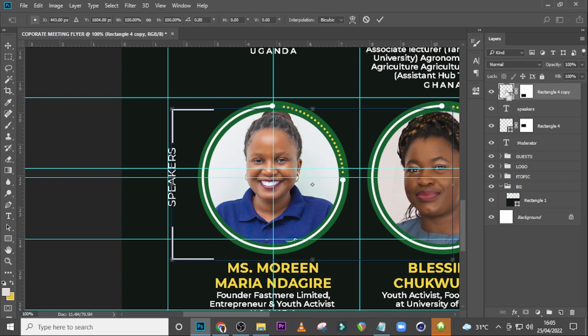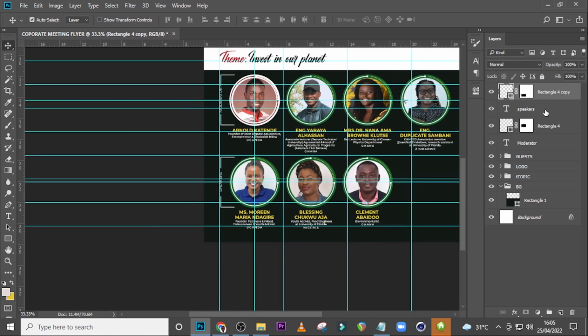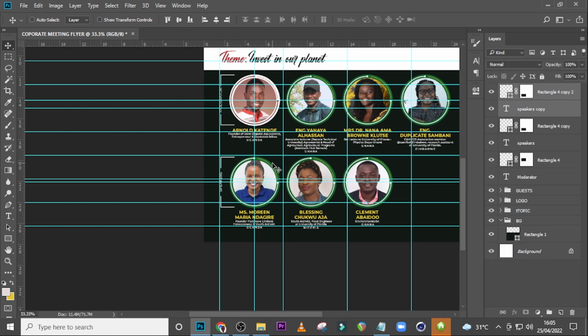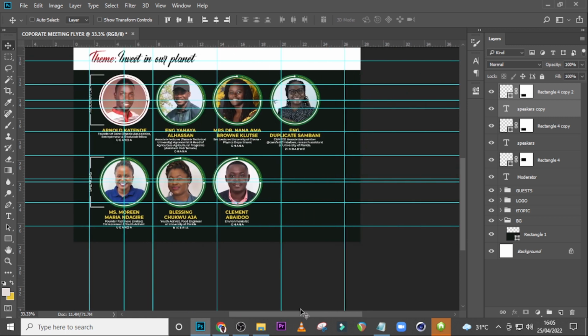Now you want to pick this one. Also want to make sure it's in the middle of that line. Awesome. And that is it. Now you also want to zoom out a little bit, duplicate it, select the two of them, duplicate it, and then let's see, you want to drag it all the way here. I want to drag it all the way here and drag it all the way here. All right,